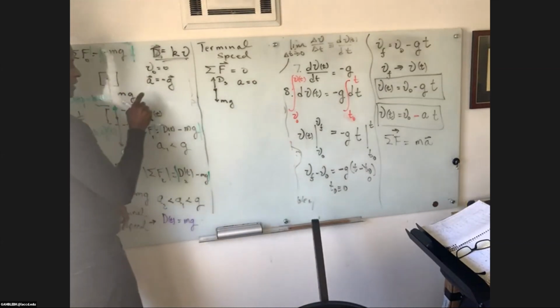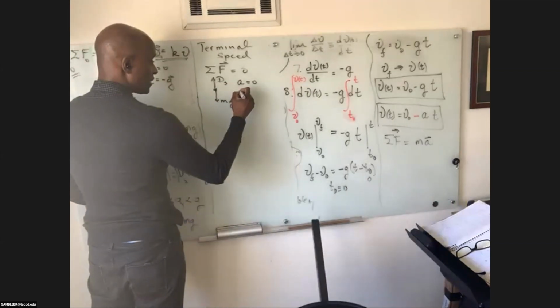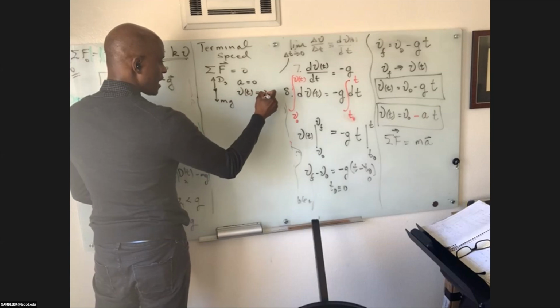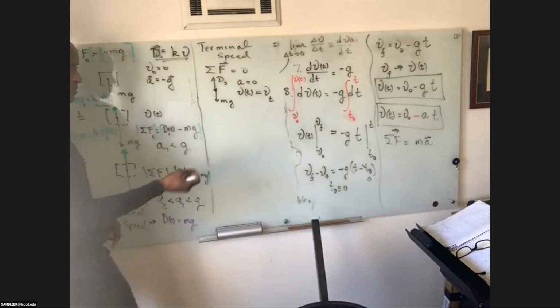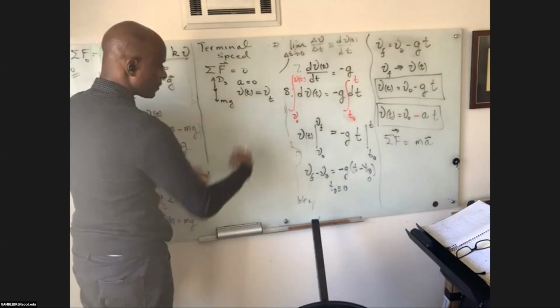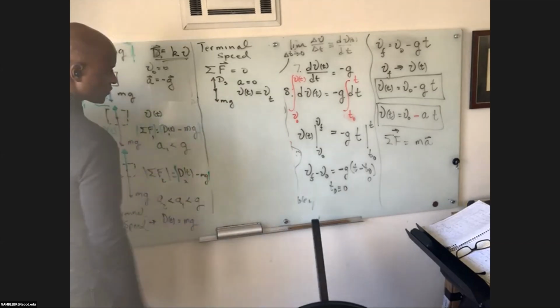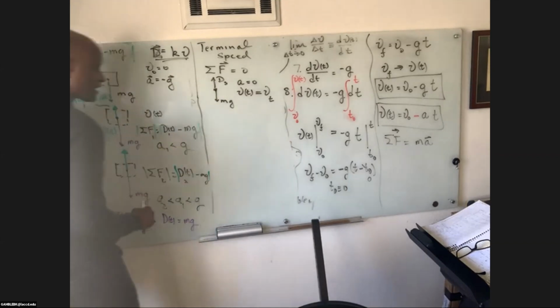And the velocity, or the speed, has gone from a magnitude of 0 to the terminal speed. V of t is now v sub t. So v sub t is a constant number, that's the terminal speed. V of t is the variable. So in that range of motion, that happens for a certain period, and then at that point, the thing continues to fall down at a constant speed. So if we apply the first law to that scenario,